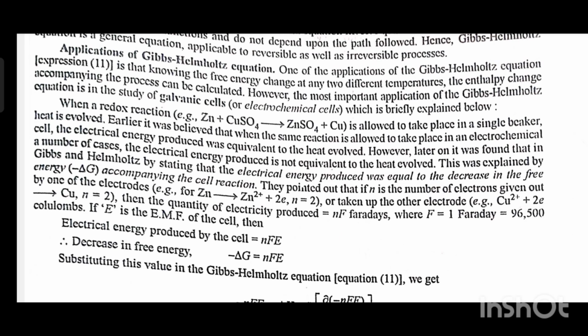One of the applications of the Gibbs-Helmholtz equation, expression 11, is that knowing the free energy change at any two different temperatures, the enthalpy change accompanying the process can be calculated. However, the most important application of the Gibbs-Helmholtz equation is in the study of galvanic cells or electrochemical cells, which is briefly explained below. When a redox reaction, for example Zn plus CuSO4 giving ZnSO4 plus Cu,